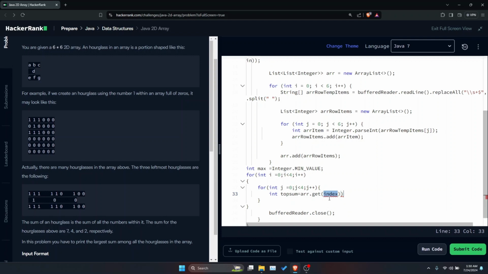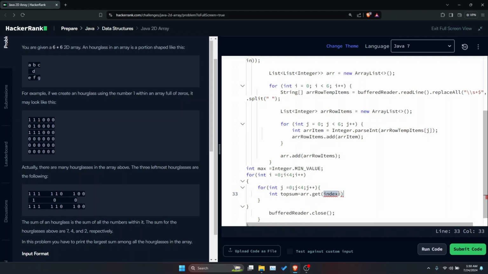I have to write the index of the row first. If we consider this hourglass 1, 1, 1, 1, 1 and 1, the index of this one is the 0th row and 0th column, right? So it is present in row 0 and column 0.